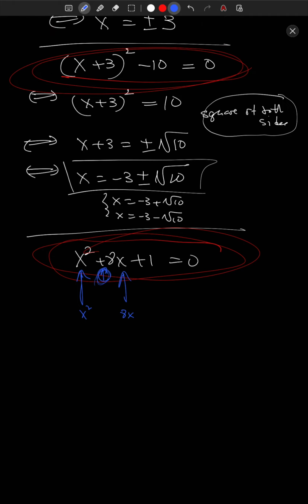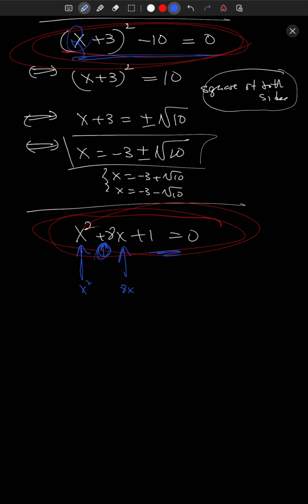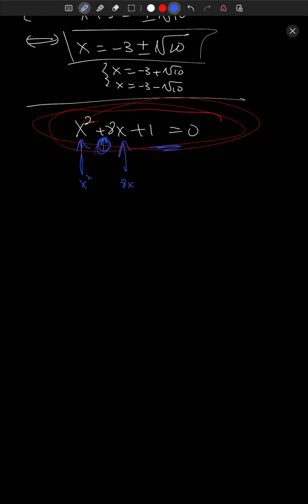So the idea is if we can transform this problem into the one above, right? The power of the one above actually is that there's only a single x, right? So that's why it was so easy to deal with. So we want to make the two x's, the x squared and the x, into a single x, okay? So how are we going to do that? Well,